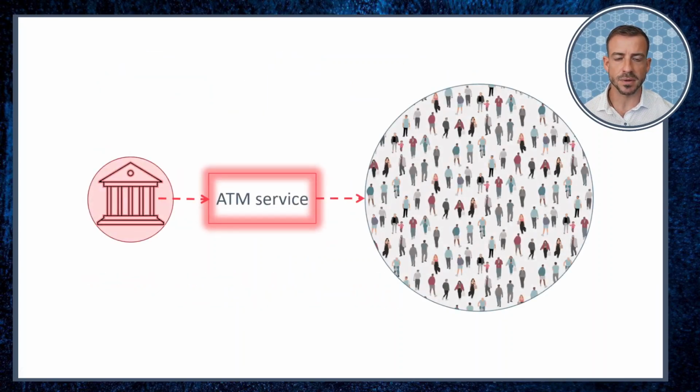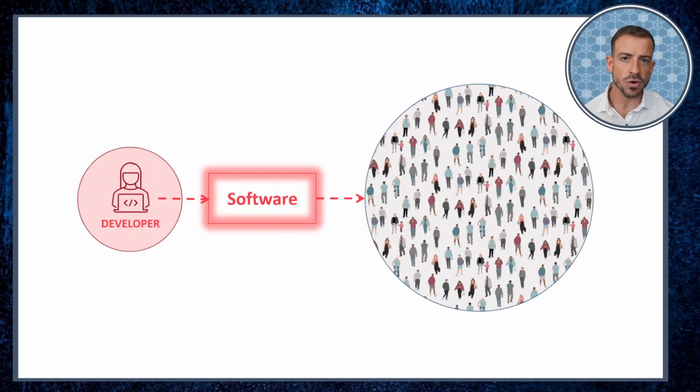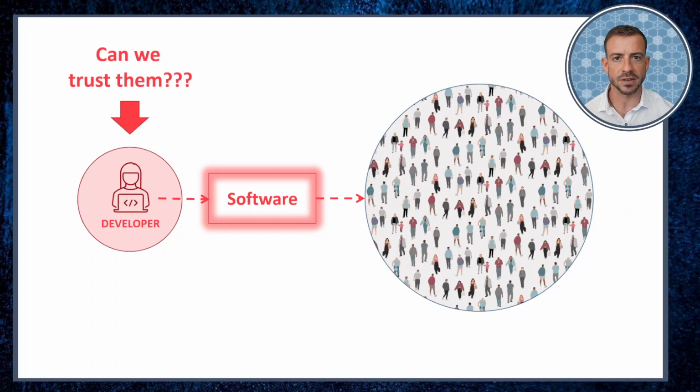Think back to the previous example in the last lecture. Remember, we discussed how a bank holds centralized control over this ATM service that it provides its deposit account clients. The rules that control that ATM service are just an example of a specific software application. So, in a more general frame, we could be talking about the owner and operator of any piece of software here. And we're now faced with similar concerns that relate to trust. We need to be able to trust that the owner of this application has not designed it to take advantage of us.